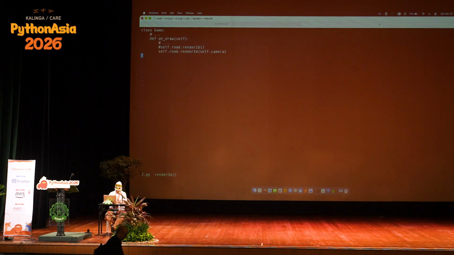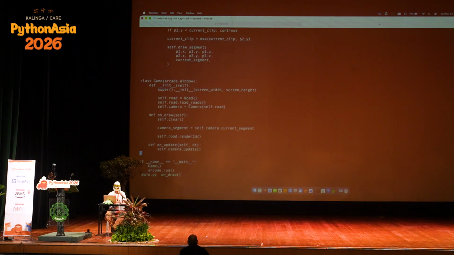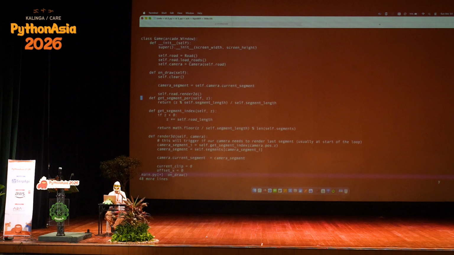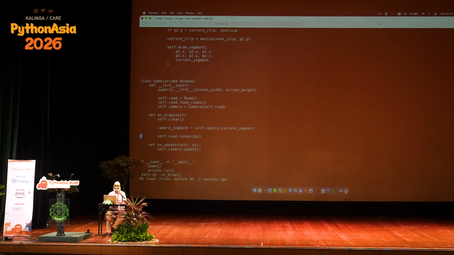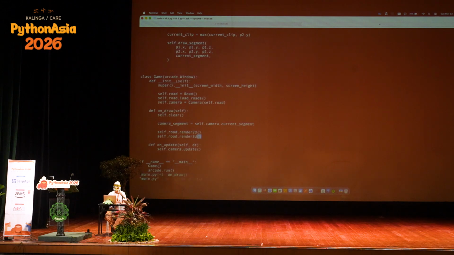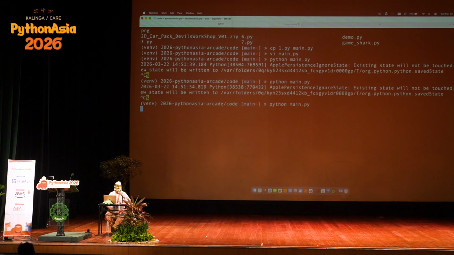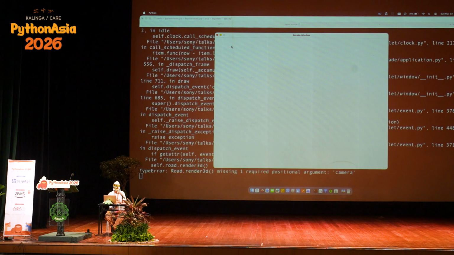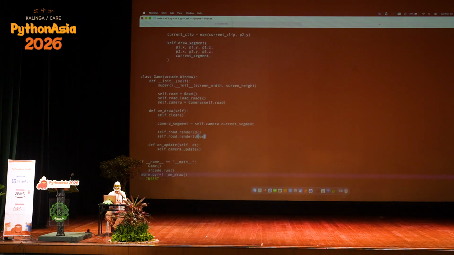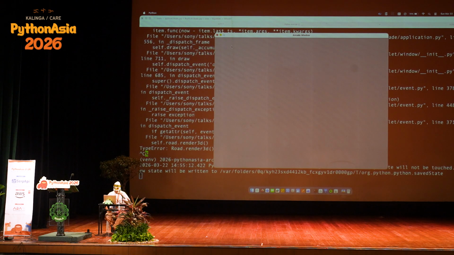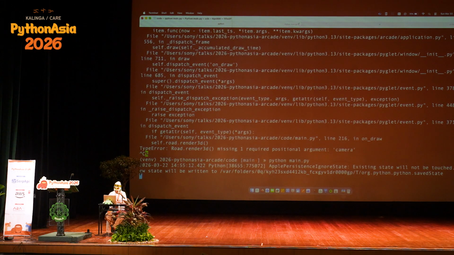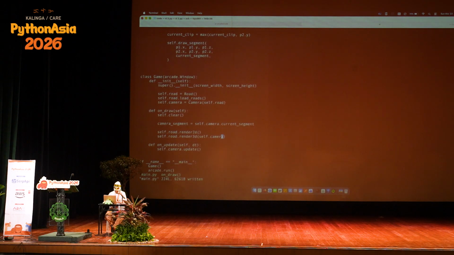And finally, we need to make sure that we are actually rendering the 3D. Okay, may the demo gods be nice to me. The demo gods are not nice to me. Okay, so this is the screen, and we don't see the 3D yet because